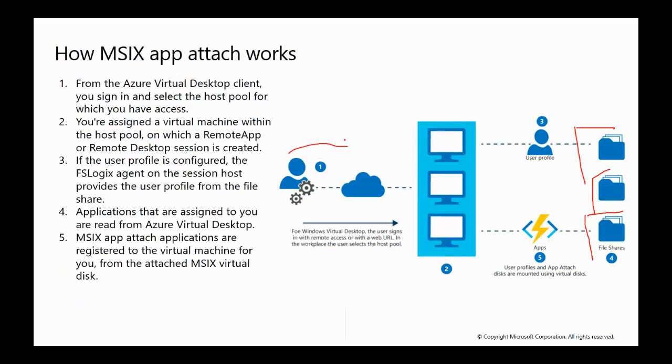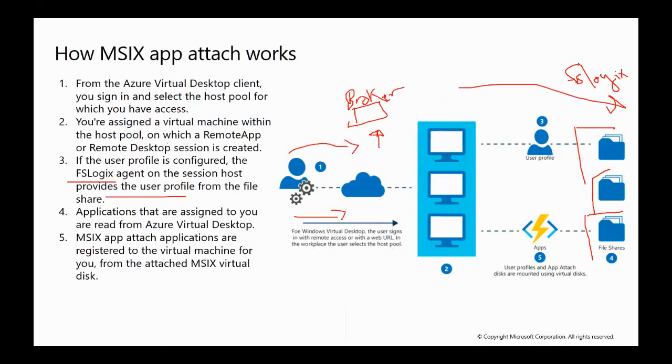The first thing, you log in and you select the host pool, or the broker will guide you to your host pool due to the configuration. So you will be directed to the pool you are supposed to go to. Your assigned virtual machine within the host pool will be assigned to you due to, as I told you, the broker rules or the rules you have set, or the addresses that you have set for the user. Then the user profile is configured. If the user profile is configured with FSLogix on the session host, it will give the user its profile from the share. If the FSLogix is installed,